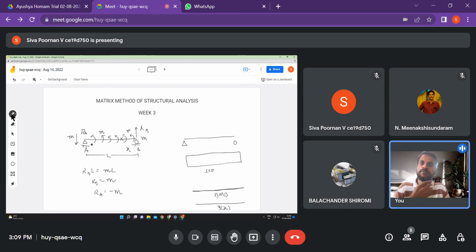What is happening to the beam? If I apply a load onto a beam, I expect some deflection, right? I expect something to happen to the beam. Only if the beam was entirely rigid, then I can expect that there is no deflection for a given load. So what is happening is the first question. Second question is